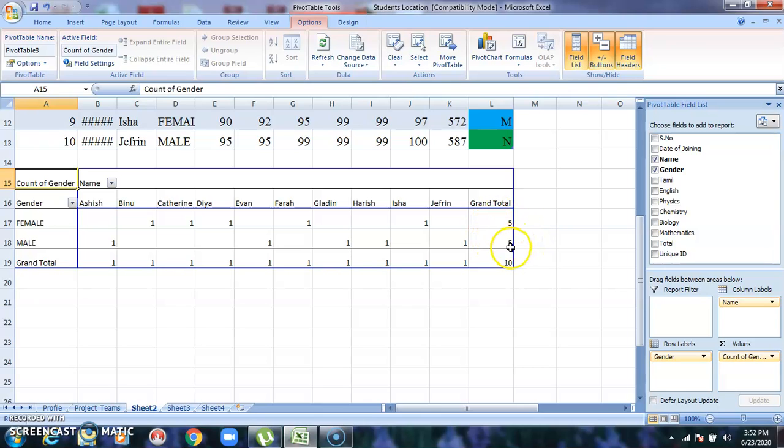There are 5. Okay, now if it is for 10 records, you will not find that much impact of a pivot table, but consider that this worksheet extends to 50 to 70 students in your class or 50 to 70 team members you have, and you want to identify how many female and male there are and who they are, everything you can do based on this particular table.